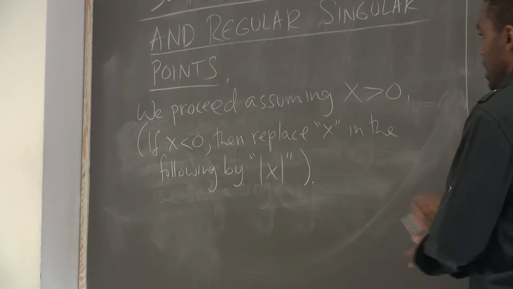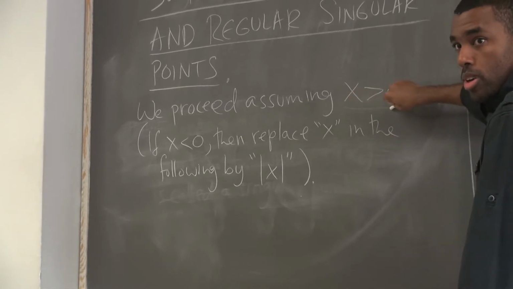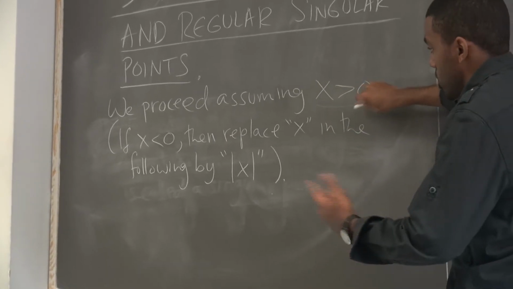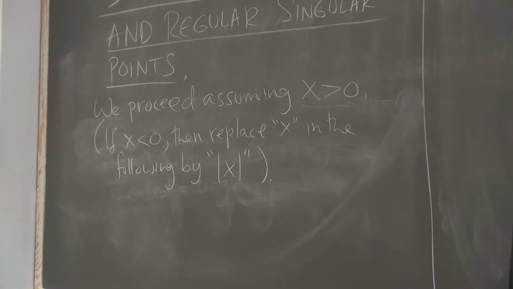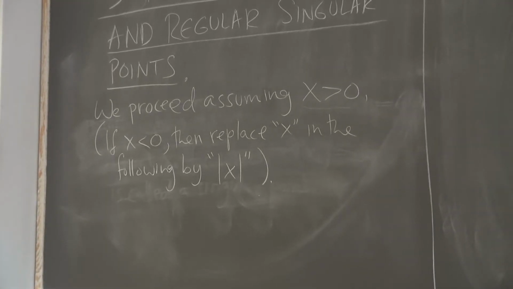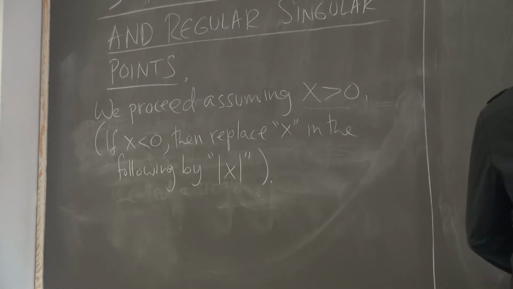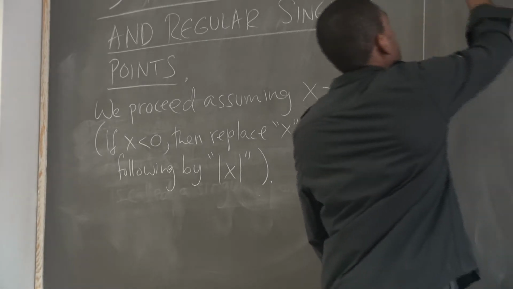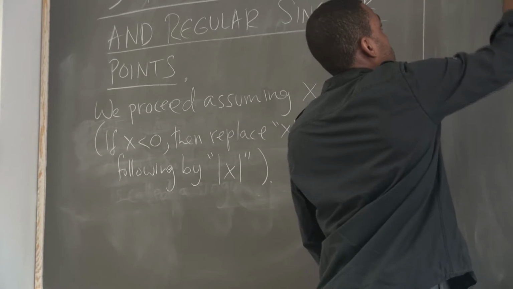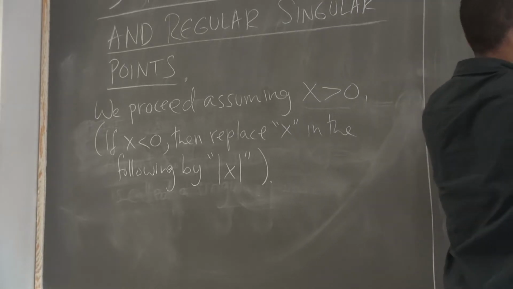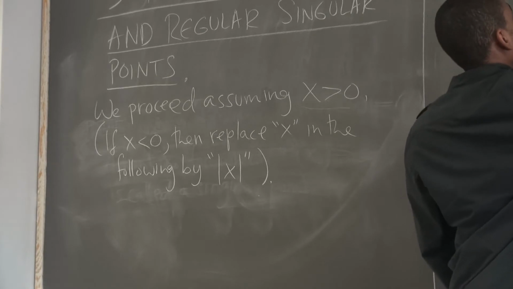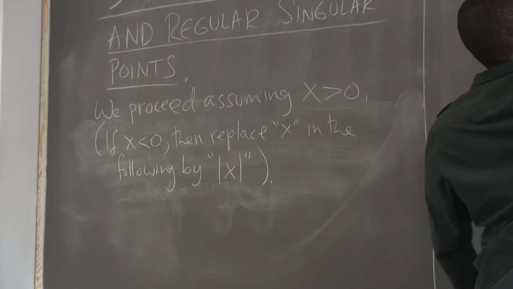So this is always something you have to look for. They'll always tell you whether you're at the singular point or not, or you should assume x is greater than 0 or less than 0. I want to get to some examples, but I have to tell you what these are. The initial equation